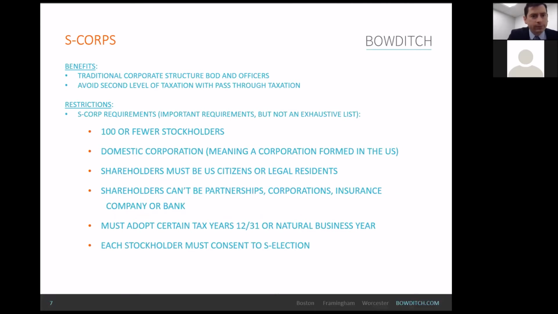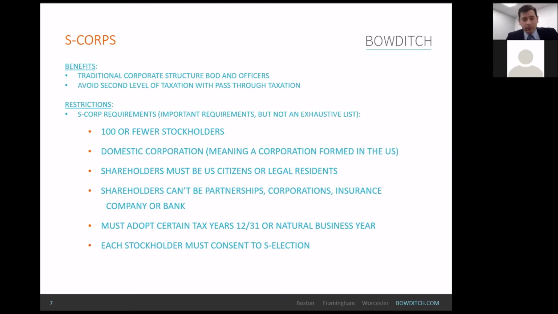All right, S corps. So again, you have that same traditional corporate structure, the board overseeing the officers and stockholders owning the company. It allows you, as we've mentioned, to make use of pass-through taxation, so you can avoid that second level of taxation as you're doing business. But while avoiding the second level of taxation is certainly a benefit, there are some drawbacks because there are limitations as to the number of stockholders you can have and who can own stock. So the stockholders are limited to 100 or fewer stockholders,